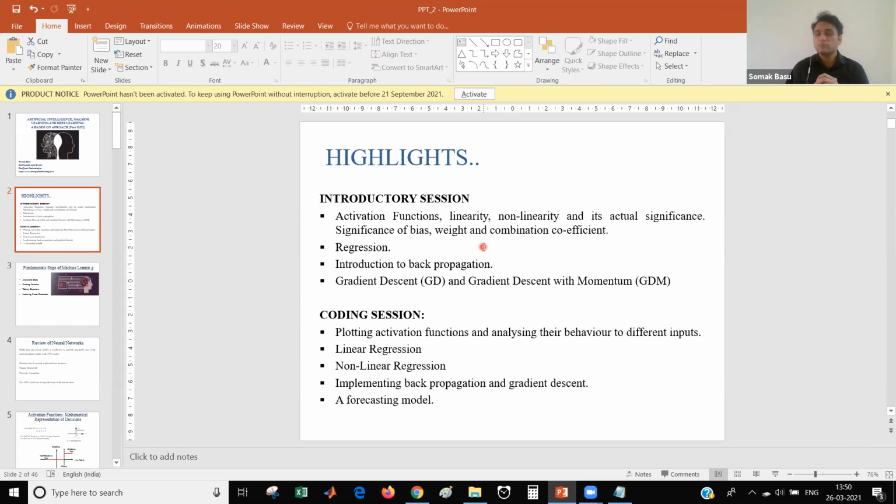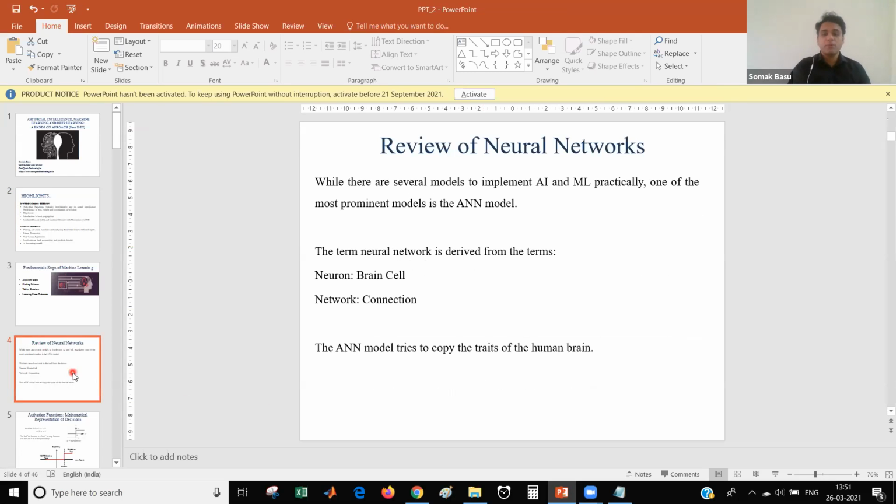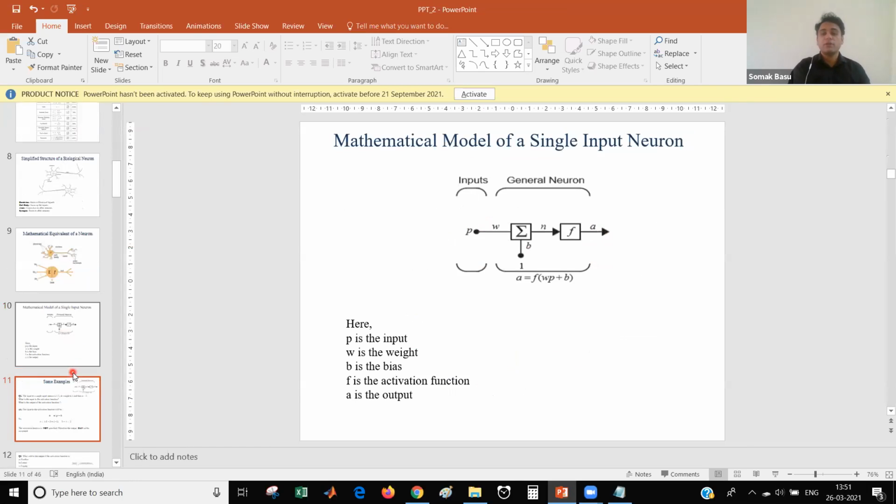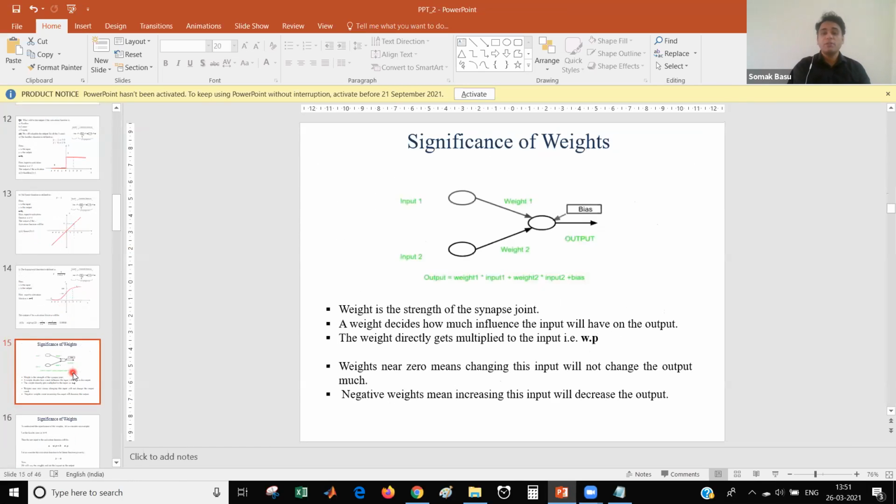Sir, if the number of hidden neurons will not affect the output, as you said, it is up to us how many hidden neurons we keep. Yes, it's a very interesting question that you have asked me. I'll give you one example and quickly try to answer your question. So generally, what happens is,